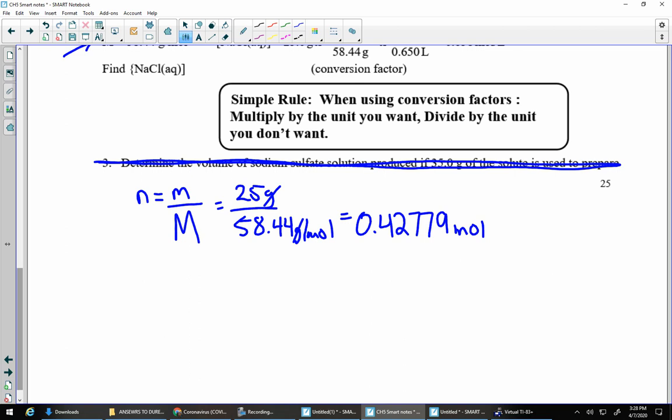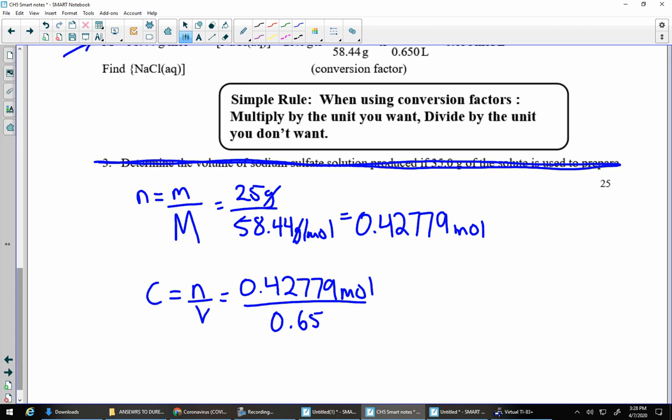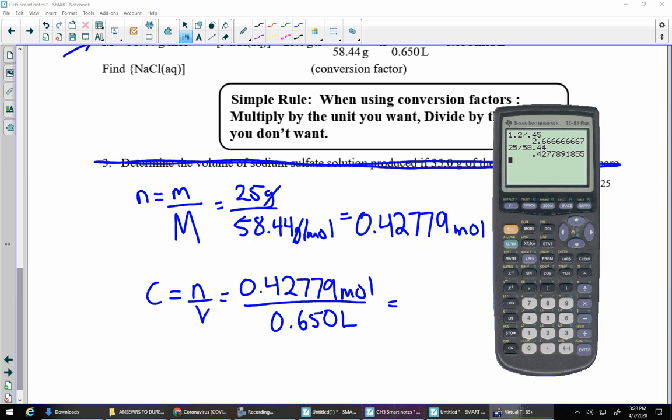Now that I've got the moles, I can go through and I can say, oh, well, C is equal to n over V. I know that my concentration is the moles divided by the volume. So that's 0.4277 moles divided by my volume, which was 0.650 liters. Okay, not so bad. The answer should be right up top there anyways. So I'm just going to take this, I'm going to hit divided by, we'll see answer divided by 0.650. Apparently that's